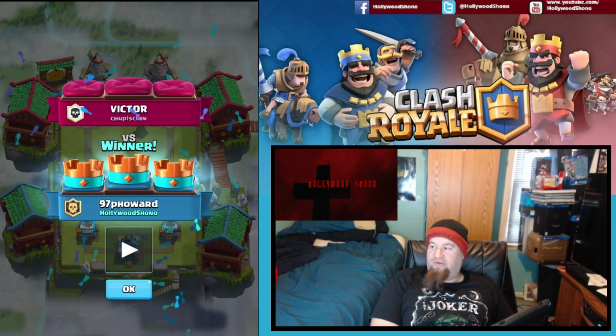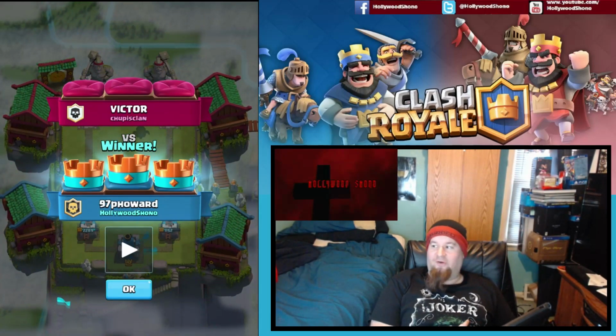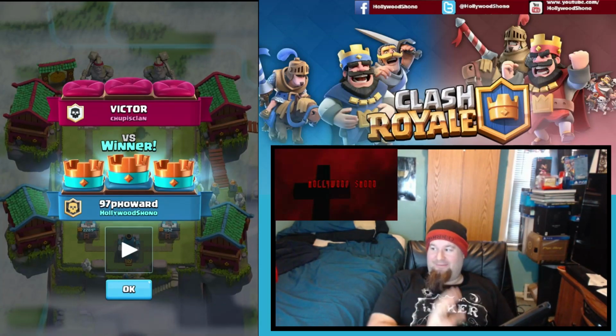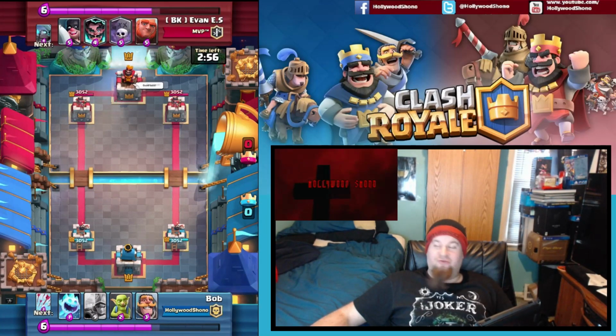So yeah, interesting play style. I really like it from 97 P. Howard because there's several ways you can play it. Obviously, the most difficult one is dealing with a P.E.K.K.A. with an Electro Wizard, but you're not going to be able to counter Elite Barbs with a P.E.K.K.A. It doesn't work. So now in our third replay, we have Bob against BK Evan ES, who is not an